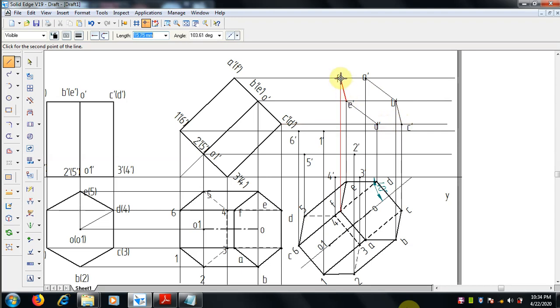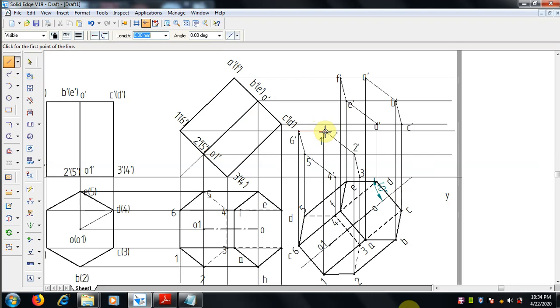The top face is ABCD and the bottom face 1 2 3 4 5 6, the hexagon after inclination.